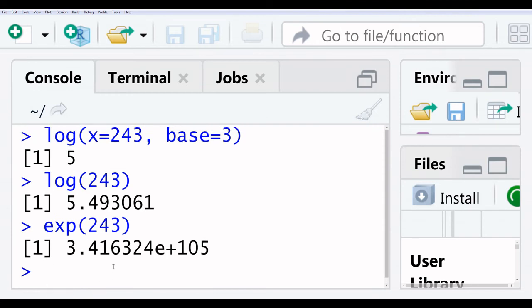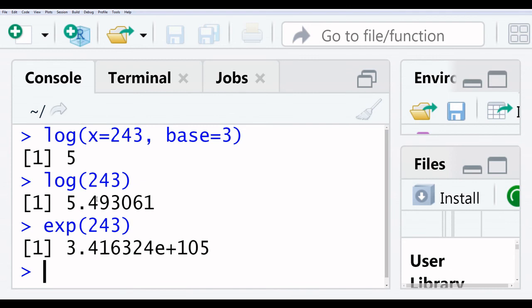Now I summarize. We have two types of logs. One log is with base natural log. Natural log means it is raised to the power of e. So this is the default setting in RStudio. You simply write log and the number which you want to find, and you get the answer of log with base e.